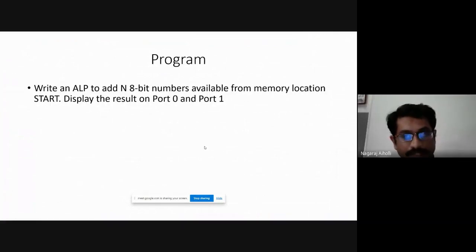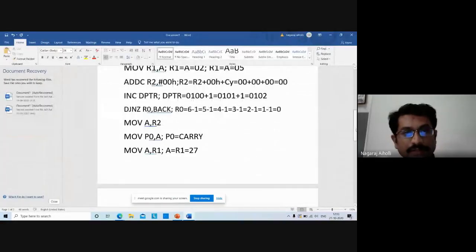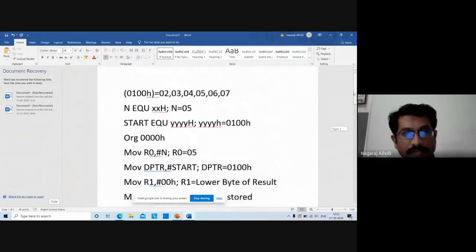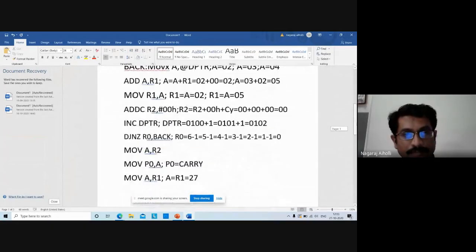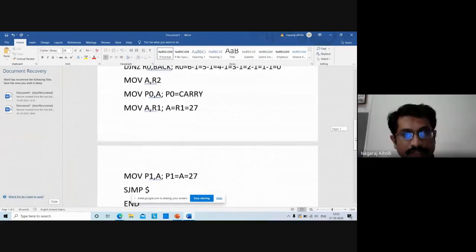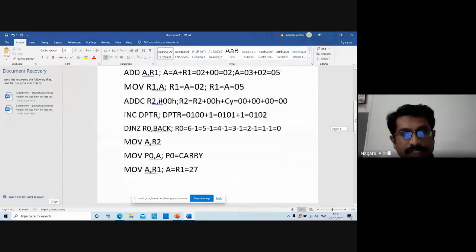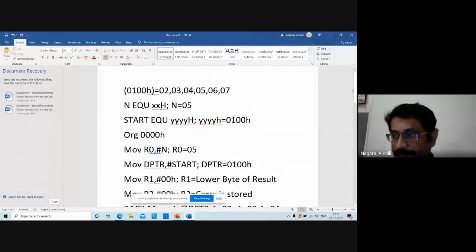Is this example clear here, students? Is it understood? Any difficulty in this program?